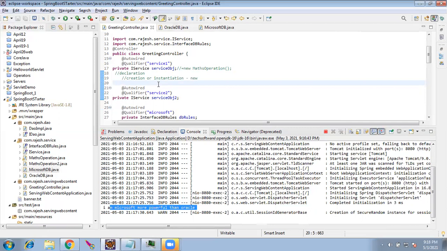Why do we need to go for that structure? That is what the real-world example I showed you, the example of the Oracle DB and Microsoft DB. Maybe just keep this example in mind. It is a very advanced concept. You might not be able to understand it fully, but this is the core reason Spring came up. Once you start using it in a project, or once you get hands-on, you'll understand this better. At that time you will recollect.